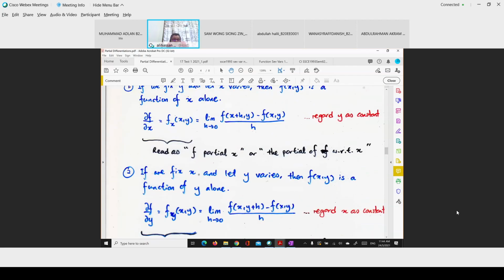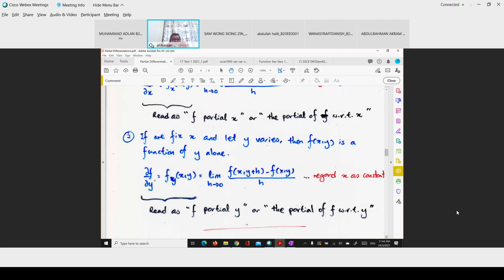Similarly, if we now fix x and let y vary, then f(x, y) can be viewed as a function of y only. So the f partial y is denoted by this symbol here. This is a curly delta, a del symbol, or sometimes written